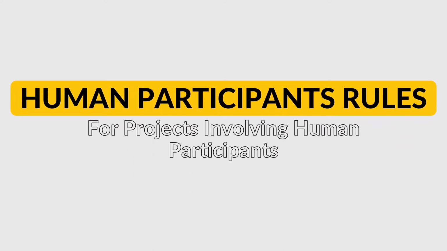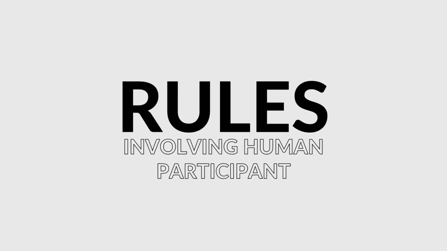projects involving human participants. This form, along with the research plan, is submitted by the student researcher to explain to the Institutional Review Board or IRB how the safety and well-being of the test subjects and the confidentiality of results will be ensured. But before we proceed with the rules involving human participants, let us first discuss what is considered